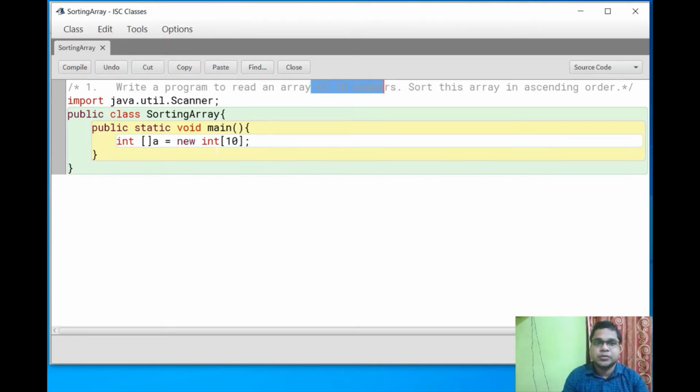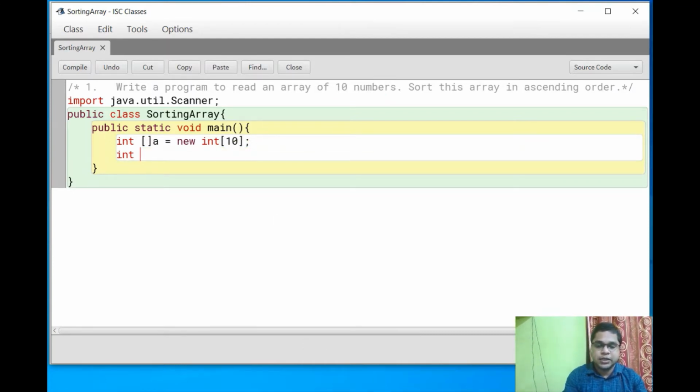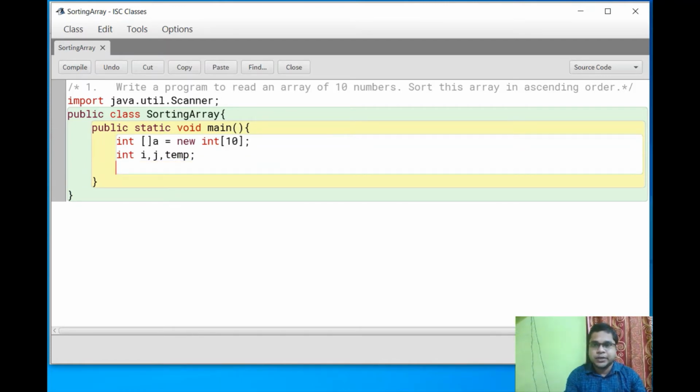To store the 10 numbers of data, we have to create the size of 10. Now I declare other variables, i and j, to use in the for loops, and temp to store temporary data. Now we have to create a scanner object, sc equals new Scanner(System.in).